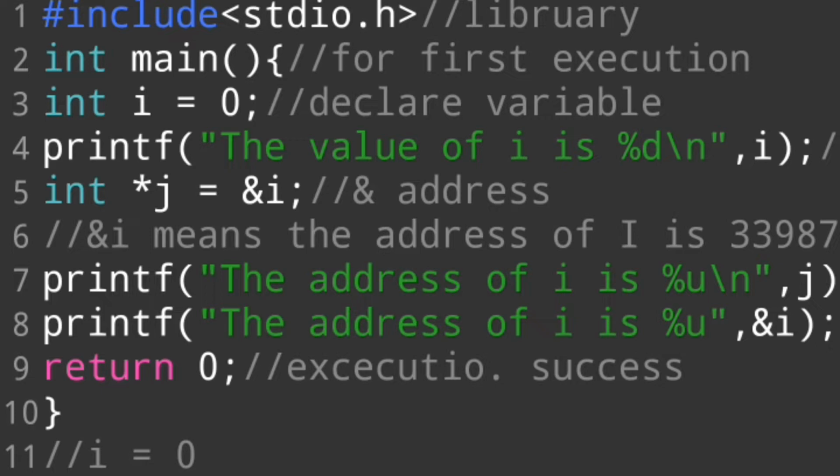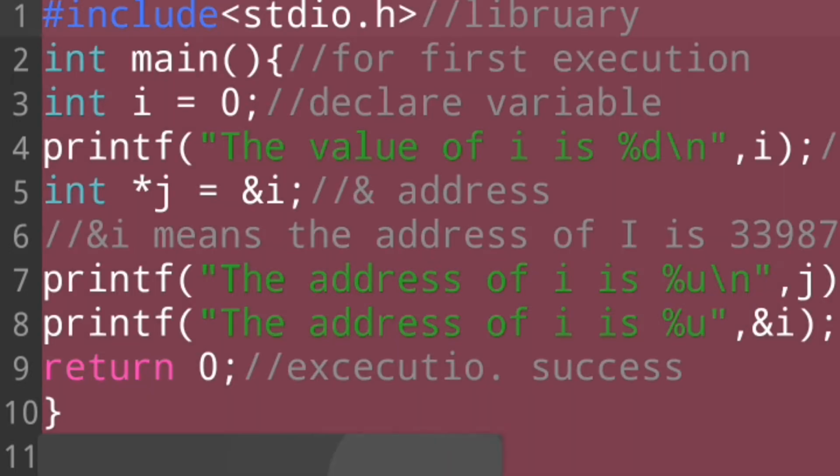In this video, we will see pointers in detail, and in the end we will also see what is pointer to pointer. First of all, see this previous program. I select all the program and cut it. First of all, I say #include <stdio.h>. This library gives us some functions like printf and scanf.